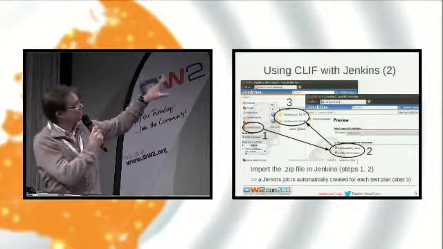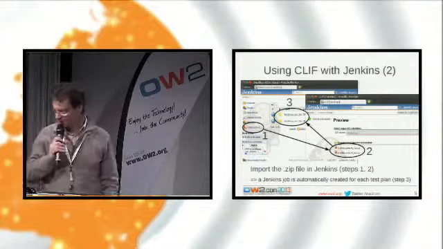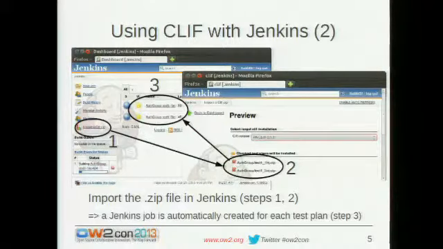The screenshots are a little bit small, sorry. So there is an import Cliff zip link icon, number 1. This is supported by the Cliff plugin. When you use this, you upload your zip file, and the plugin will automatically decode it, unzip it, and see that there are 2 test plans, in this case, defined in step 2. And then you can check the test plans that you want to import. And finally, the plugin will create one test job definition per test plan.